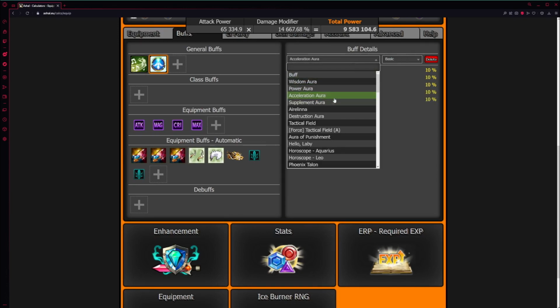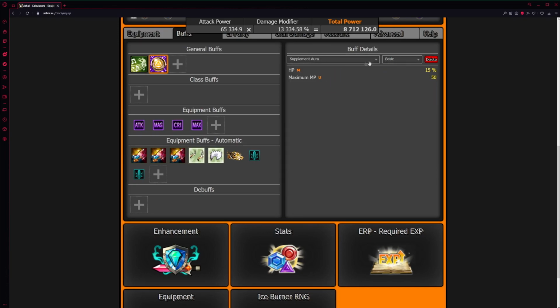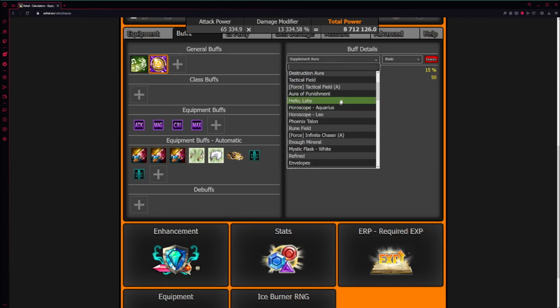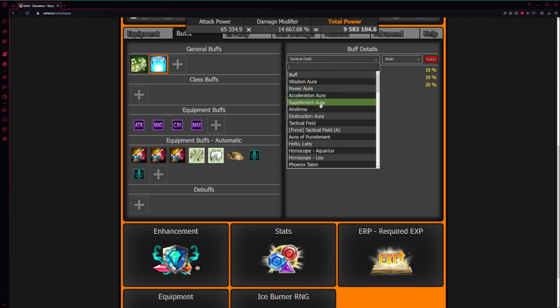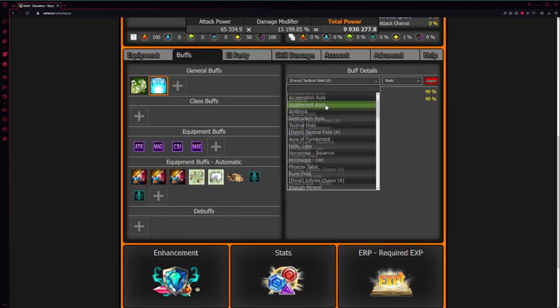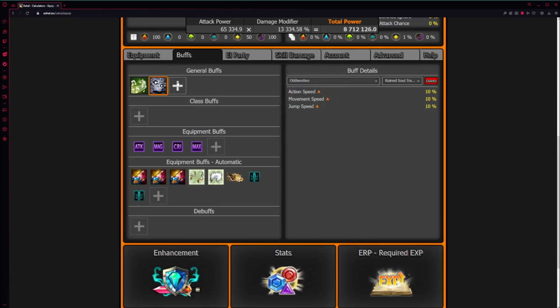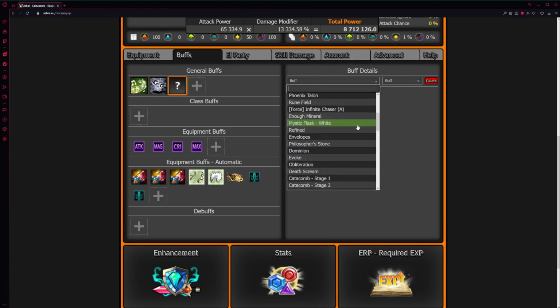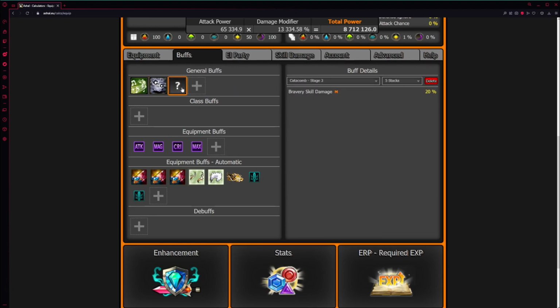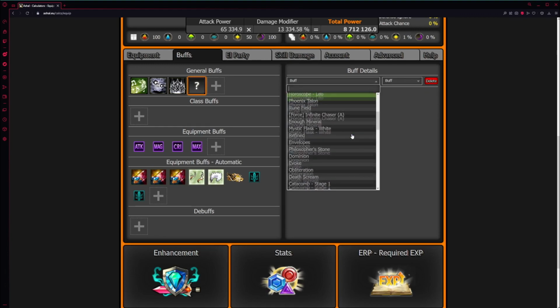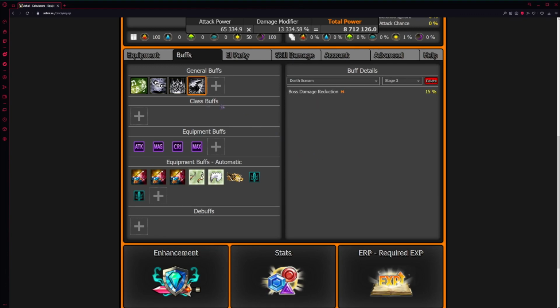Acceleration aura, supplement aura, which is, as if you have to know the names of these, but that's fine, and you can just see he has pretty much all of these, even good old revenants, which I'll just add in because I am a revenant, so I pretty much always have these. I always have this stage 3. That scream is a defensive one, but we're just going to put it in case.